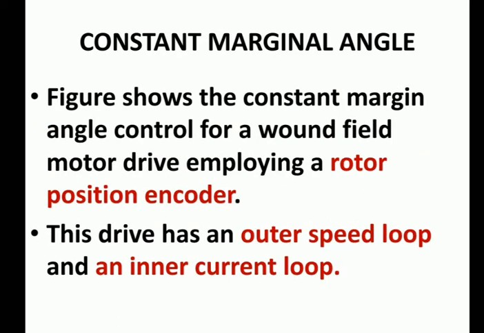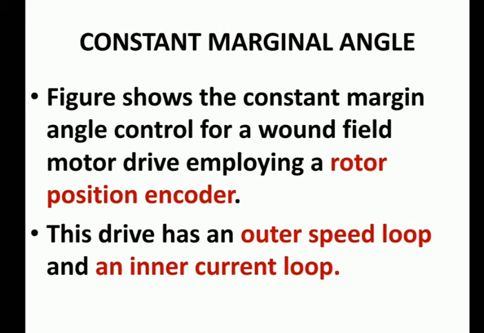In the block diagram, the constant margin angle control for a wound field motor drive employing a rotor position encoder. So the synchronous motor drive has a rotor position encoder